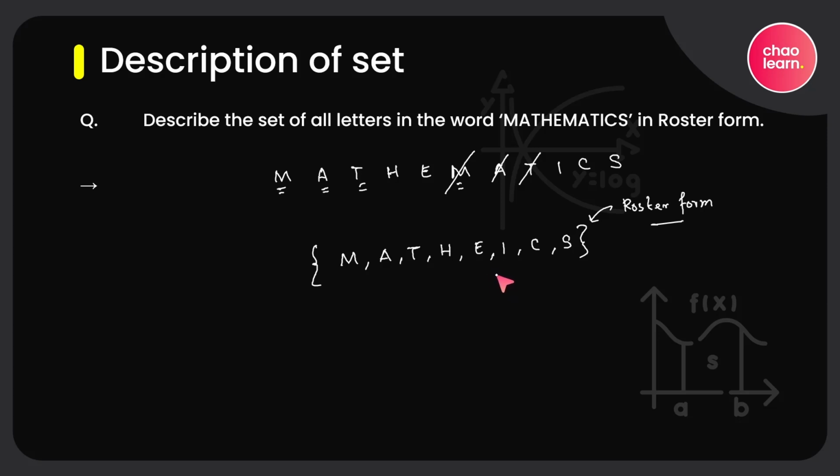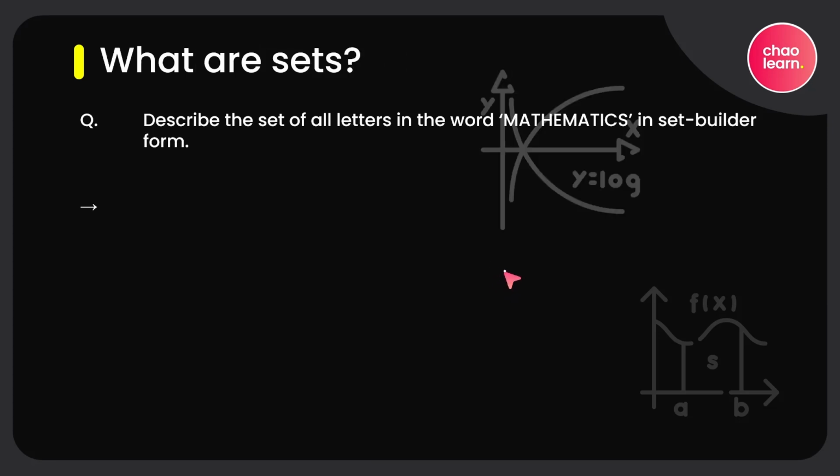Let's solve another question of the set builder form. So it's the same question, it's the same set, just we have to represent it in the set builder form. It's indeed easier than the roster form, because in this you don't have to find out all the elements and omit the repetitions. Rather you can just describe the property of the elements. So let's say it's a set S. So we write it as S is equal to X such that X is a letter